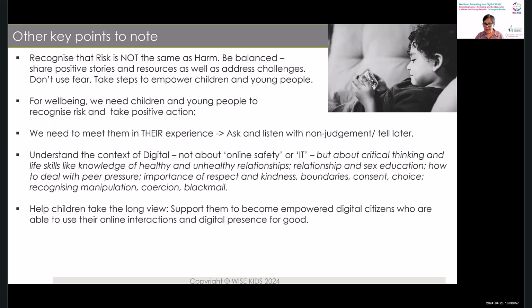Other key points, risk is not the same as harm. We need to meet them in their experience. We need to understand the context of digital and take that long-term view. As I mentioned earlier, we want young people to be prepared for the digital world and their futures. So that means preparing them through conversation, through involvement, to understand, to develop those skills. So learning how to code, to make websites, participating online, maybe they're setting up an online shop, and encourage them to think about the digital world, not just as a consumer, but as a creator,